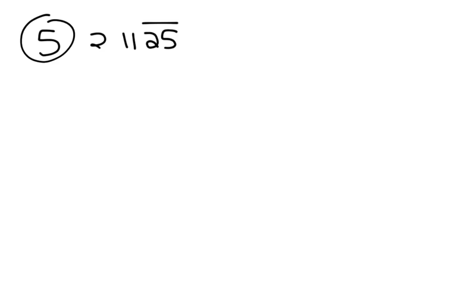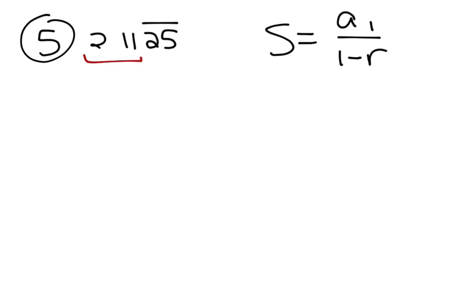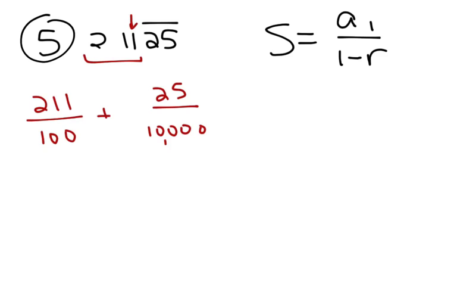In order to write a repeating decimal as a fraction, we use our formula for the infinite geometric series, which is a sub 1 divided by 1 minus r. And the algebra behind this problem was kind of daunting. Like, you had to start with the first part that wasn't the repeating part, 211 divided by 100. The reason it's divided by 100 is because this is in the 100th place. And then the rest of the sequence, the important part, would be 25 over 10,000 would be the first denominator,